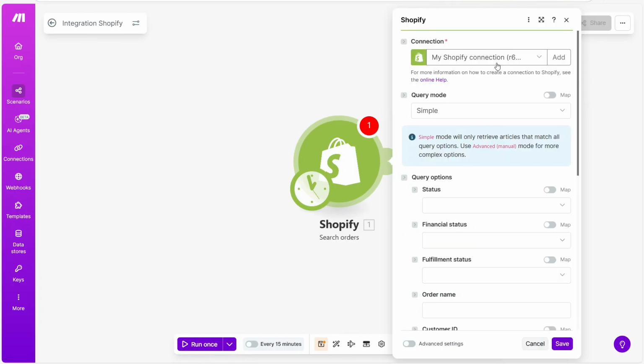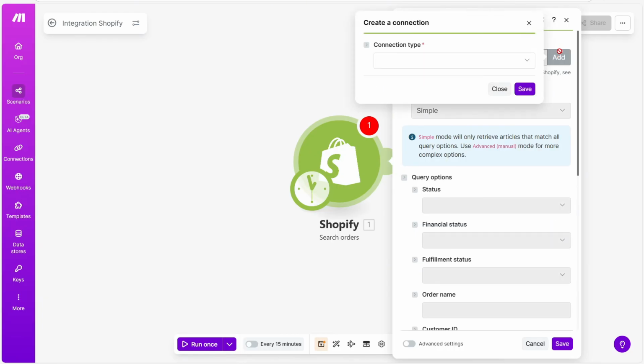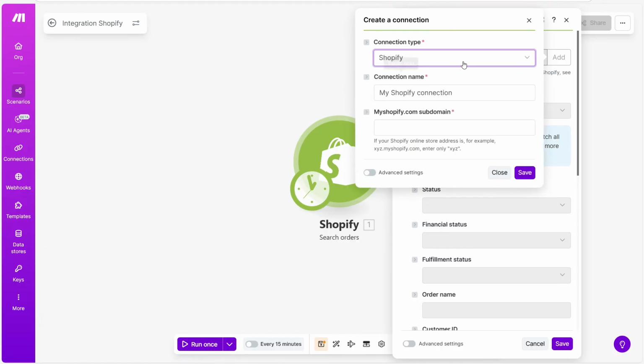Now on the right hand side, it will ask you to add a connection, and to do that, simply go to the right hand side and then click on add. And in here, you want to click on the drop down and then simply select Shopify. Now it will ask you to add a connection name. You can leave this as is or add a custom one, but on the subdomain, we want to head over